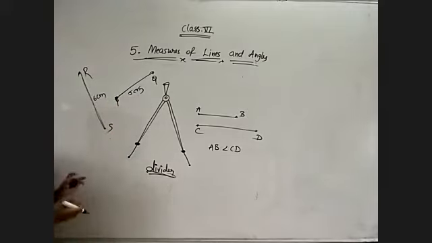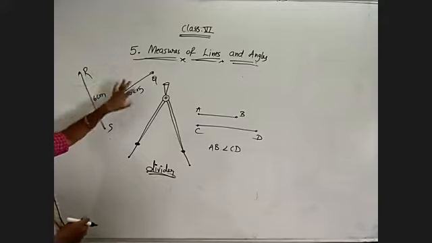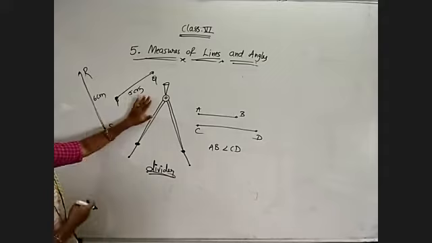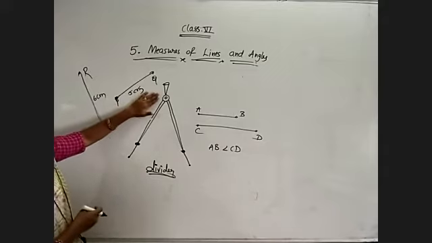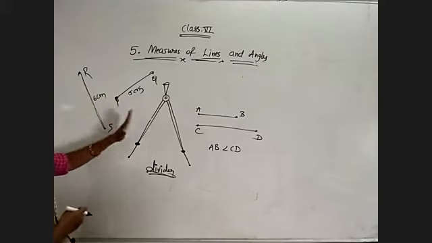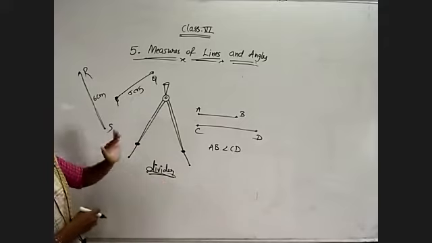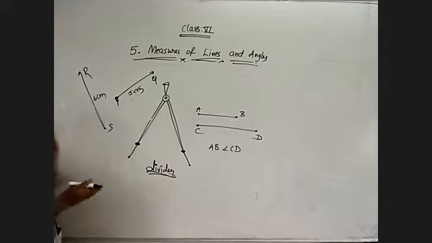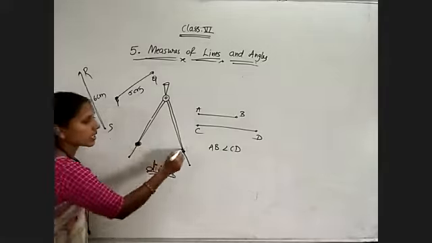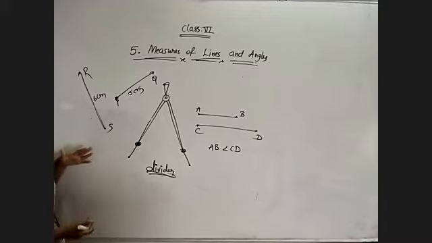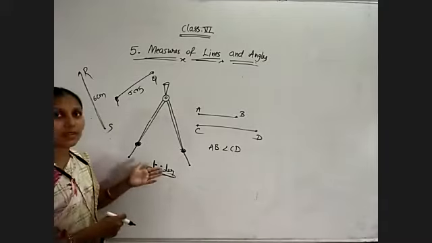But observe, this length we can measure through the scale. Just now I told you, to measure the line segment's length we use a scale. So by using the scale, we can find out the length of PQ as well as RS, and compare which one is lesser and which one is greater. But when measures are not given, for suppose if we are not able to use a scale, in that case we have the instrument called a divider, used to compare those two line segments. How we compare by using that instrument, we will discuss now.